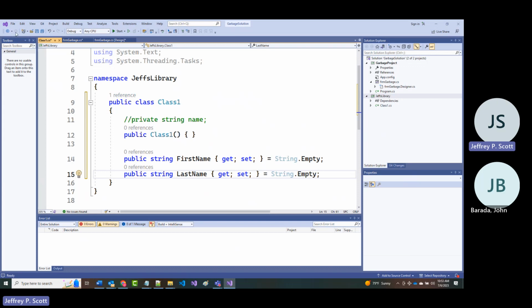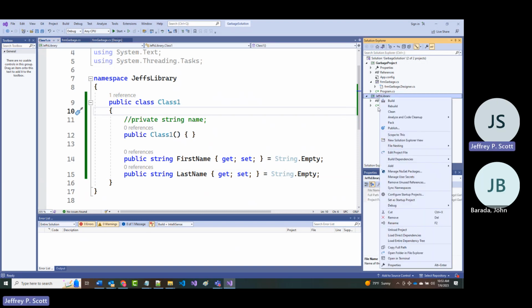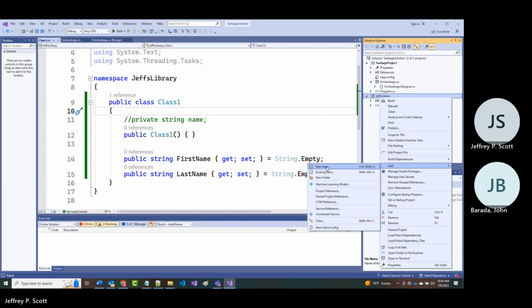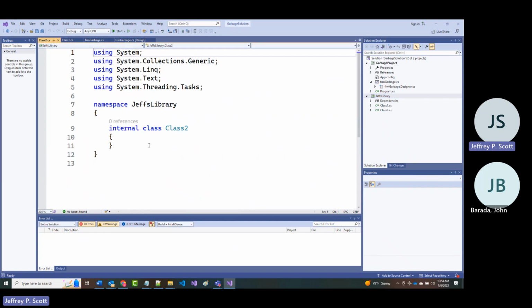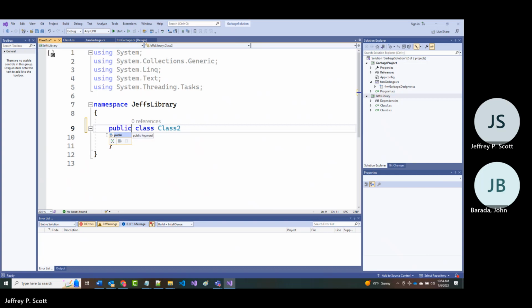Okay. Now I'm going to do a file save all on this, and I'm going to come in and create a second class. We'll do it like this. This is fine. Now we're going to add a second class that we'll call class2.cs. Again, we're going to make it public. All right.